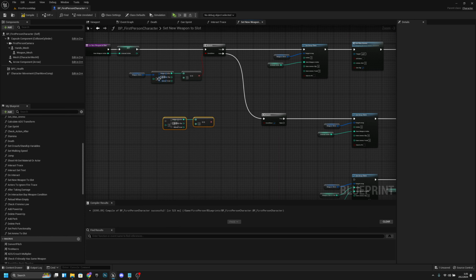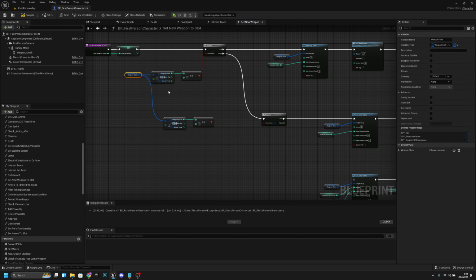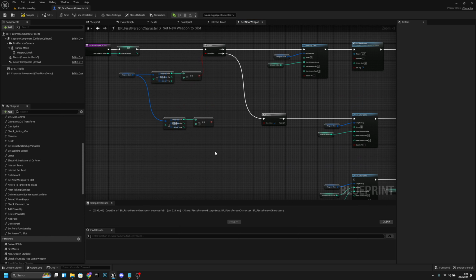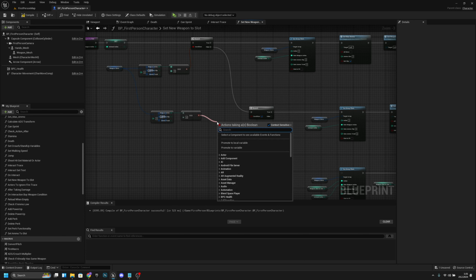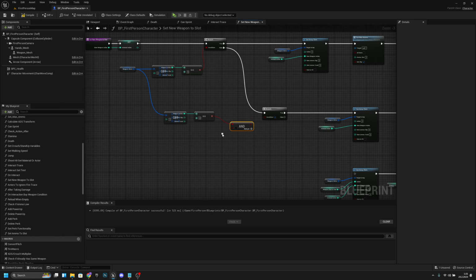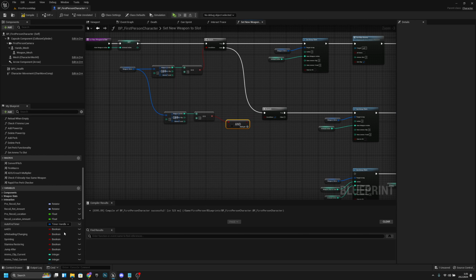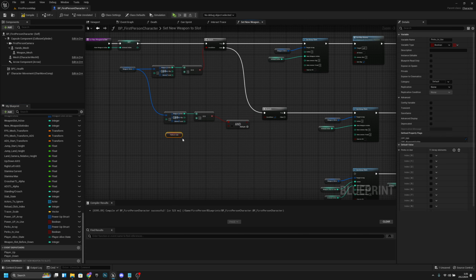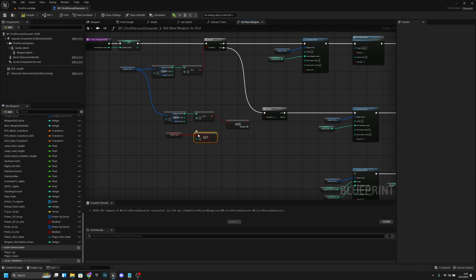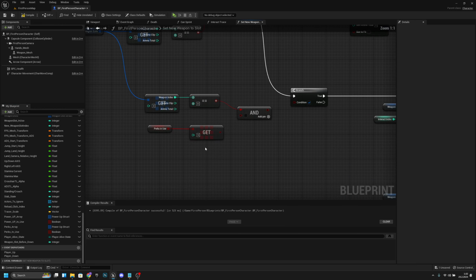We want to check if the weapon slot array at index 3 is equal to 0, and also we want to check that the perk is actually in use. So let's get the perks in use, get from it, get the index 5, which is our Mulekick perk index, or the weaponist, connect it there,